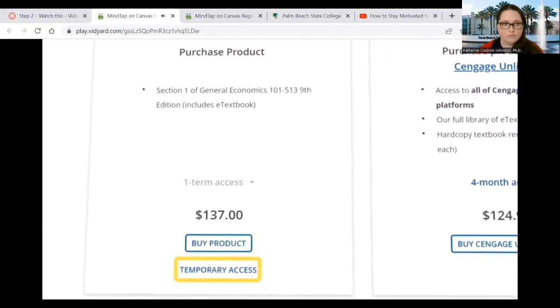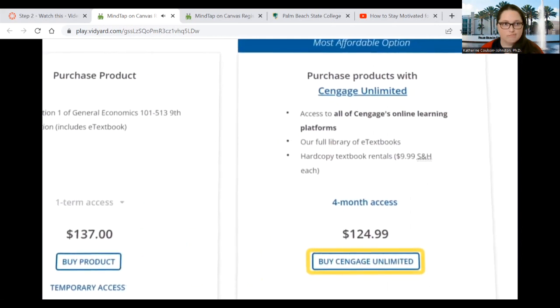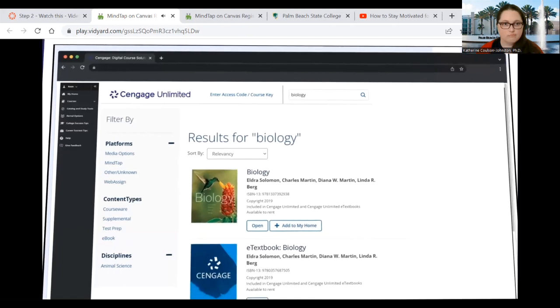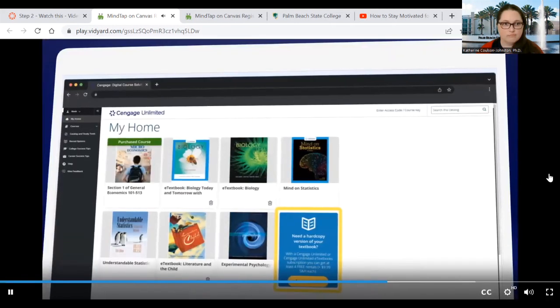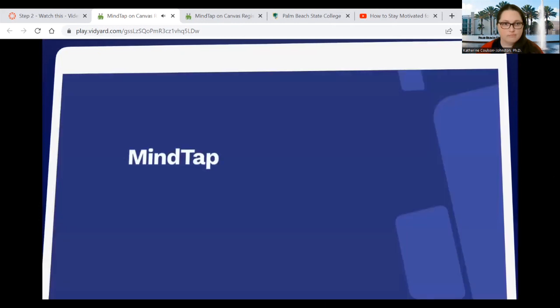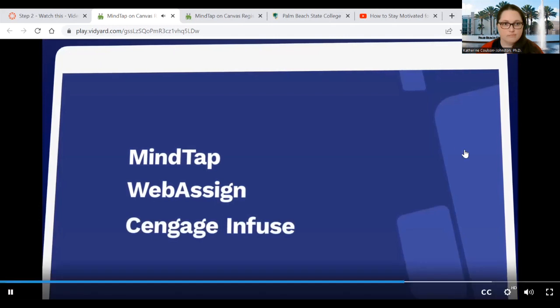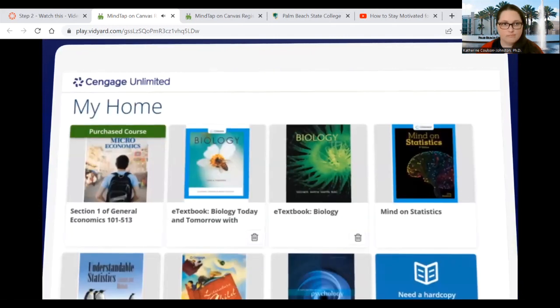Before you buy, make sure to check out Cengage Unlimited. One Cengage Unlimited subscription includes access to all Cengage e-textbooks and online learning platforms, plus at least 4 free hard copy rentals. Just pay shipping and handling. So if you've been assigned MindTap, WebAssign, Cengage and Fuse, SAM, CNow, or OWL v2, they're all included in one